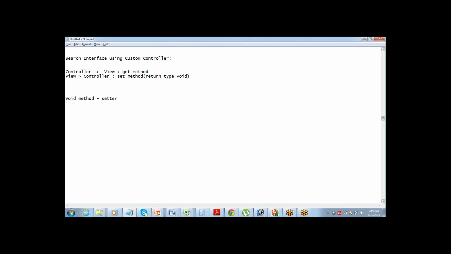A get method can have return type as primitive or as object, but this setter method should have return type as void. It means it should not return anything, it should just pass the value from the view to the controller. That's what needs to be done.